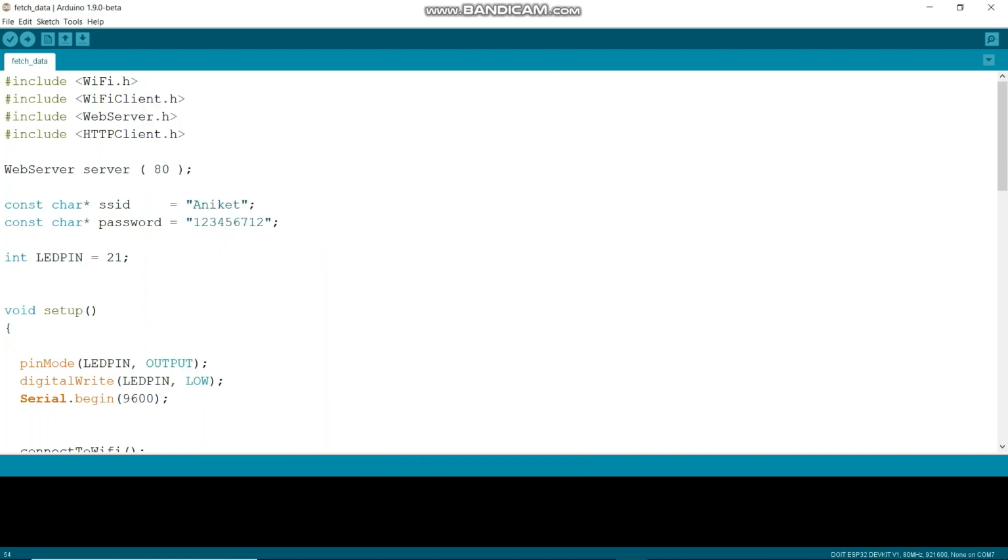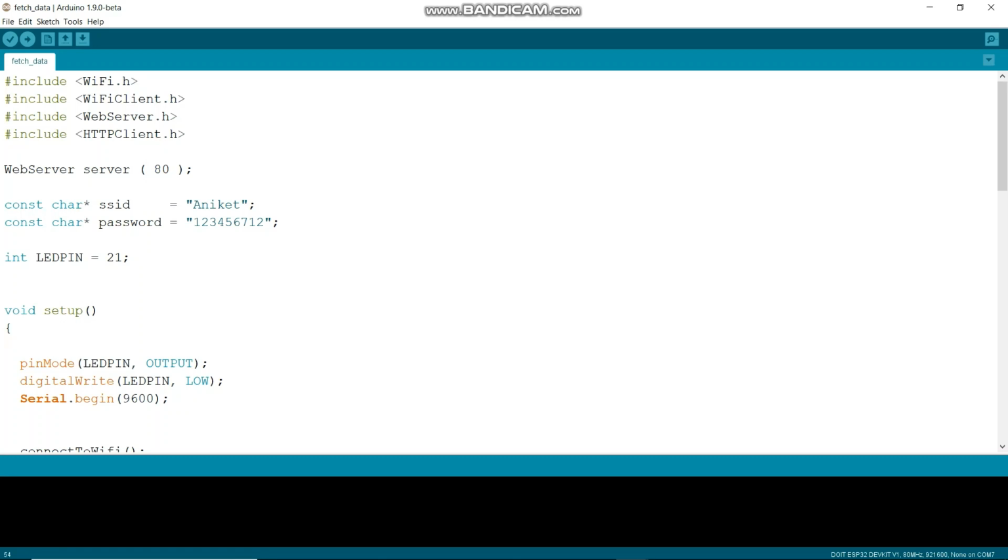Hello guys. So now we will see how to fetch data. In this tutorial, we will see how to fetch data via NodeMCU by connecting your NodeMCU with Wi-Fi. So first we'll see how to connect to Wi-Fi, and then we will see how you can fetch data from any website or web page you want, any particular type of data, which you can further use in anything.